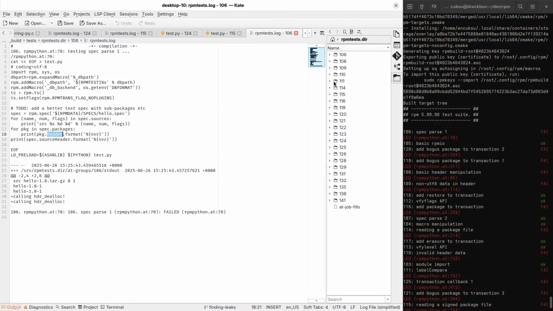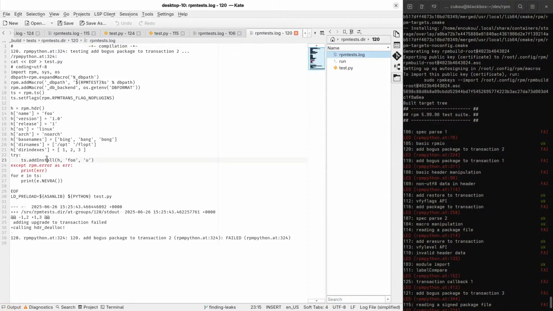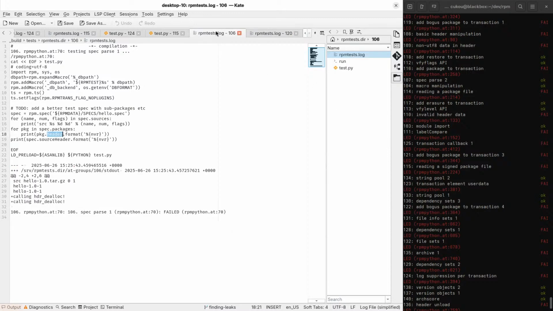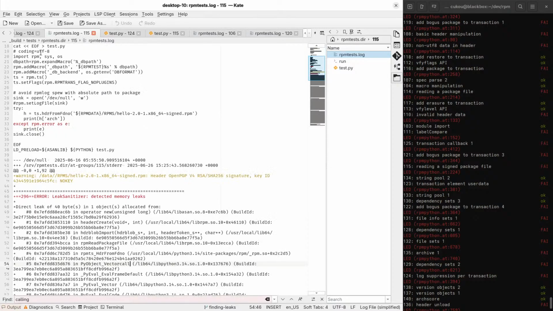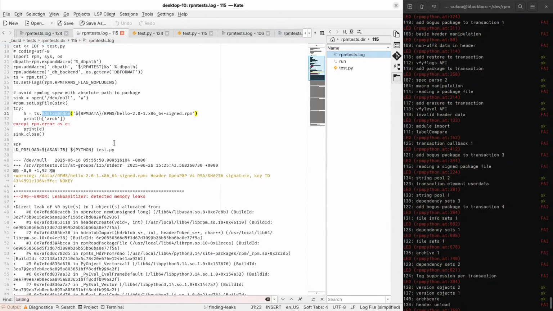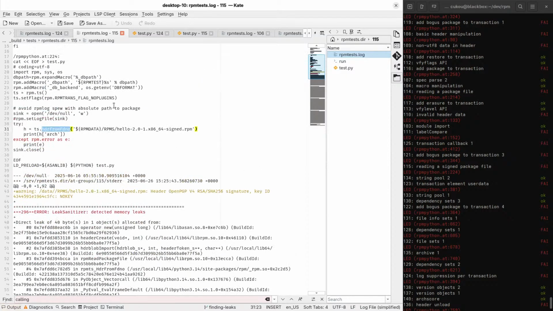What else is there? 20. This calls add install. What is it about HDR from FDNO?